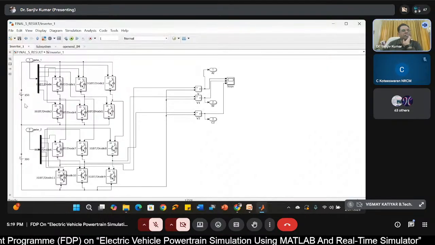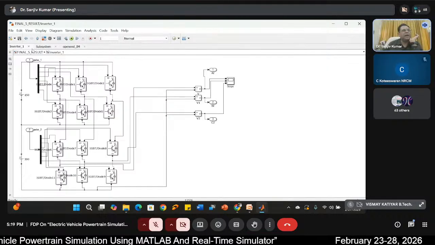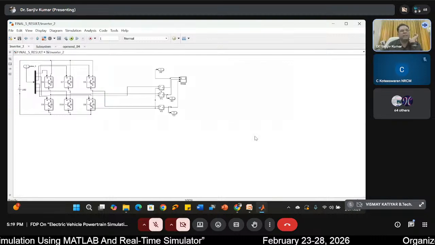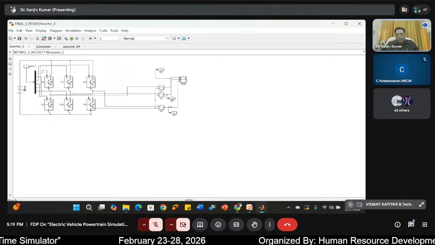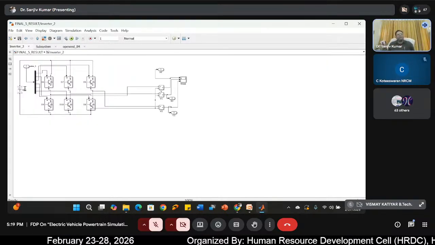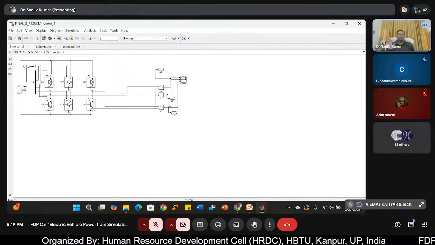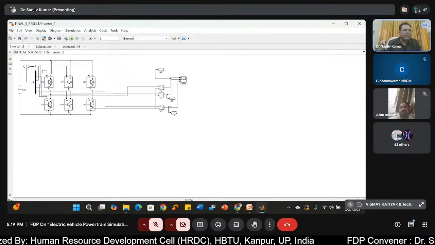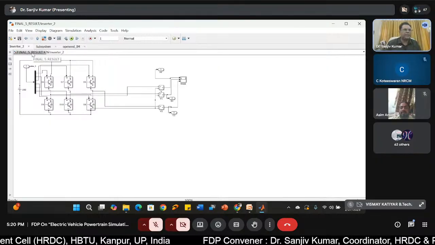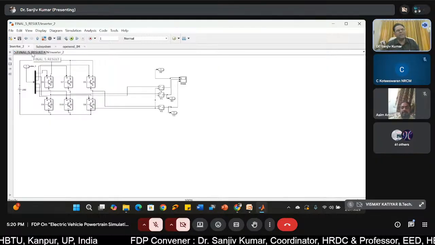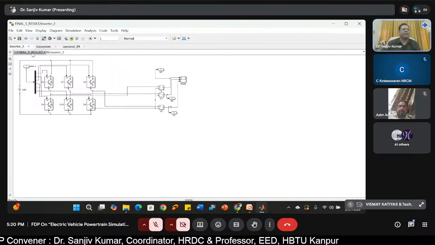It means whatever the value of this, double of this. This is 300. This is 150. And just check the other inverter's DC link, it is 150. So the total value of the DC link, whether it is a 2-level inverter, a 3-level inverter, or a 5-level inverter, the DC link voltage remains the same, that is 600 volt. Right? Actually, for the motor which we have selected, this must be the requirement of the DC link. It comes somewhere around 539, 561, I think. So we have opted for this 600 volt.